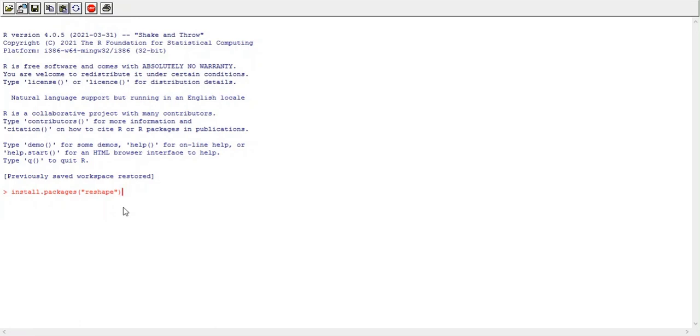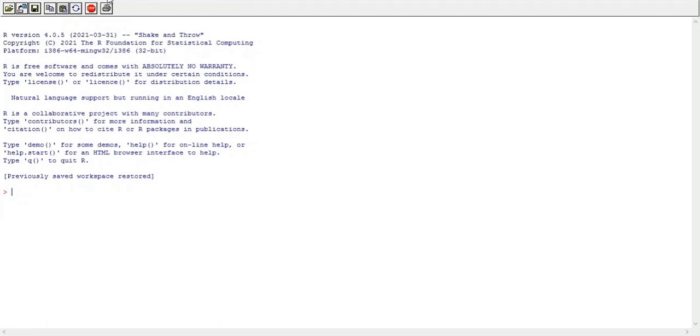Okay. And only the installation of the package is not enough to use any function. Along with that package, we need to load the library also. We can do that by using the command library, and in brackets write down the name of the package for which you want to load the library. So library(reshape), type this command and then press enter. These two commands are used to install the package and library that are required to execute any built-in function of R. So for the melt and cast functions, we require this library and package.